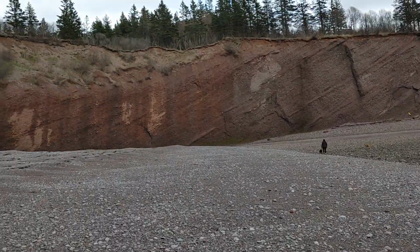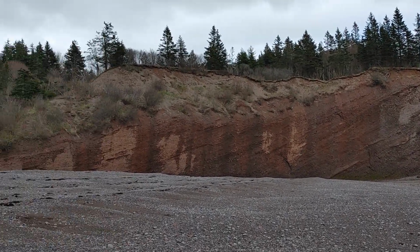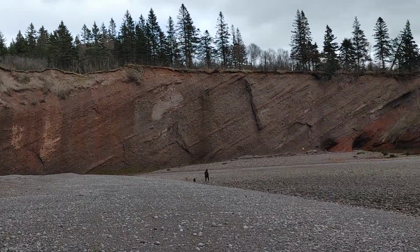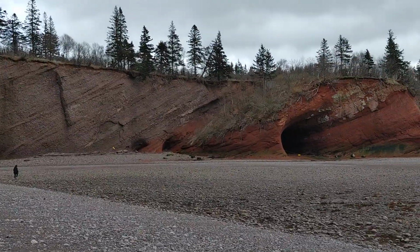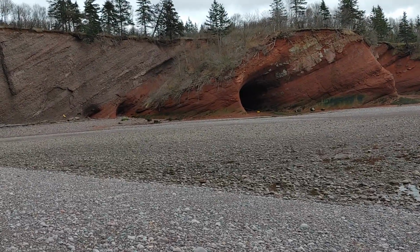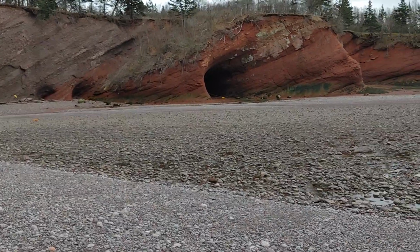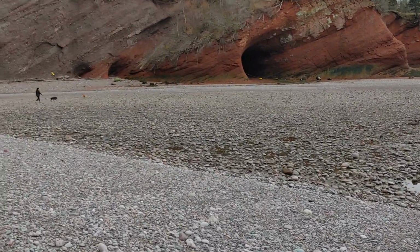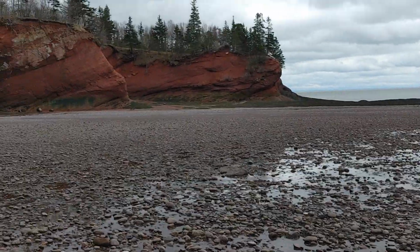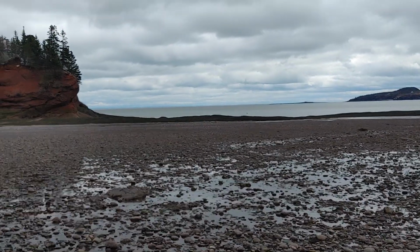So the cliffs there, they look like they've definitely seen some erosion over the years. But that just adds to the beauty of the place. It looks like one of the caves is roped off. Maybe it suffered some erosion problems, so we might not be able to get inside there, but we can definitely get up to the entrance and see. It's actually not very windy today. It's not very warm, but